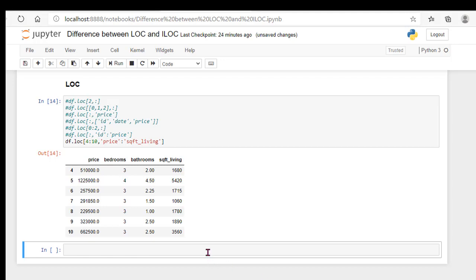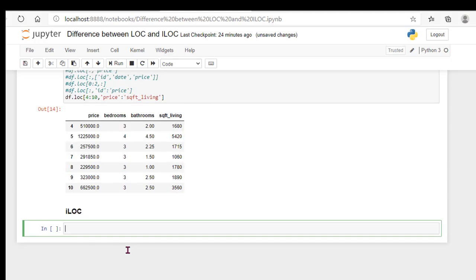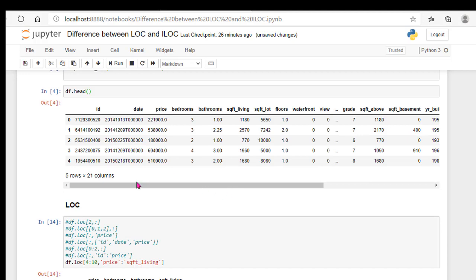Now let us discuss iloc. What is iloc? iloc is for filtering rows and selecting columns by integer position. See here in the data set, when you are using loc, the row index we have taken as the row names, and when selecting columns, these are the names of the columns.